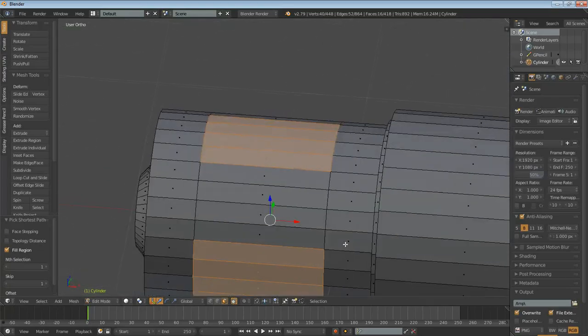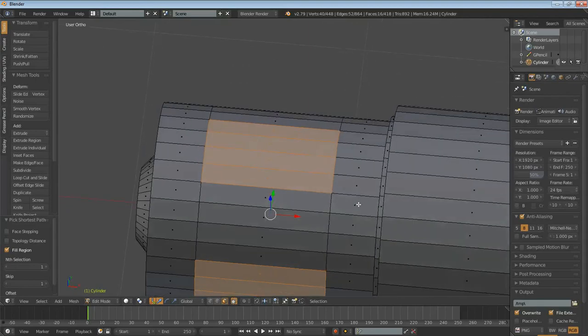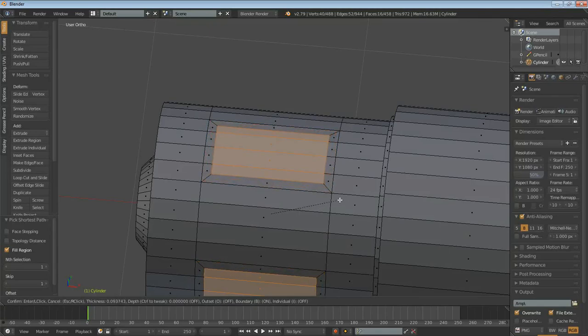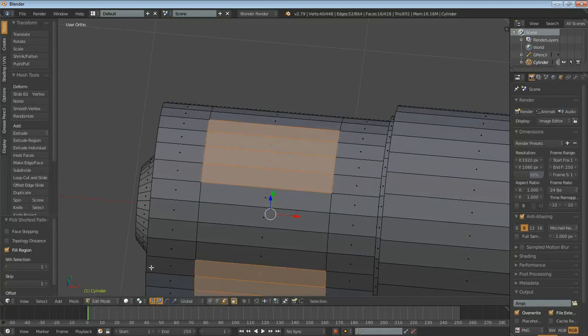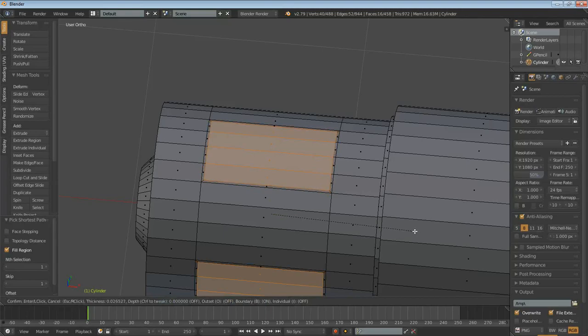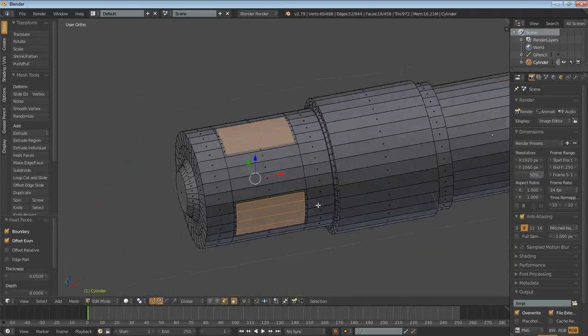Well, we can't extrude them just yet because we need to select the other ones also. So what we're going to do is hit the I key to inset the faces, and you can see there's going to be a little slider down here that has a changing value when I hit the I key, and it says thickness down there. So we want to remember what that thickness is. I think that 0.05, if you just type that into your keypad, it'll set the thickness to 0.05, and it may be different for you. But what we need to do is just remember the thickness, hit enter,